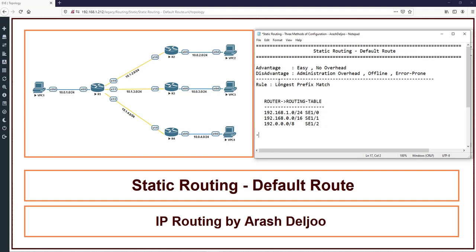Now, one question is available for us. If we receive traffic with the destination of 192.168.1.10, this router should forward this packet from which interface? Let me talk about this. Look at here. This traffic is received in the router, and the router should check the destination IP 192.168.1.10 against its routing table. Now, in the routing table of the router, as you can see, we have three routes. These routes now first